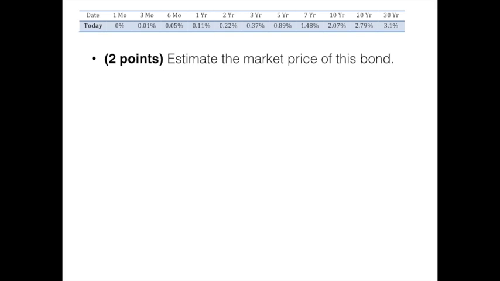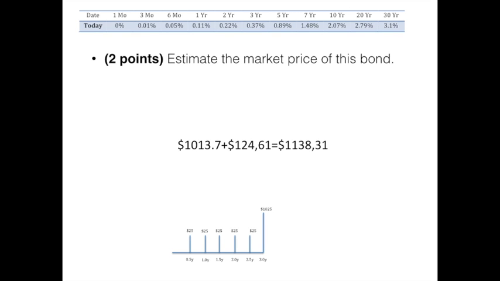Well, the market price of this bond will be equal to the sum of the present value of the coupons and of the last payment, and we get the market price of this bond. And that's it. This exercise carries 9 out of 60 points on your exam, so it's a pretty large exercise. It's pretty straightforward. If you know how to calculate prices of bonds, you would already have almost 1/6,